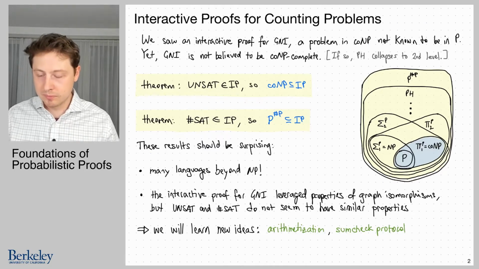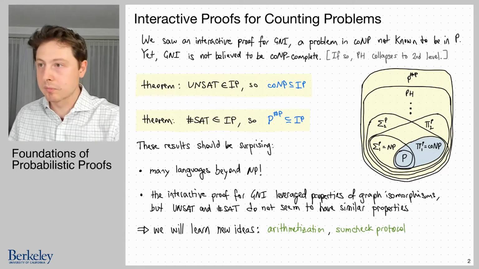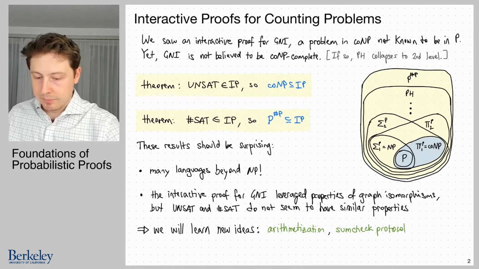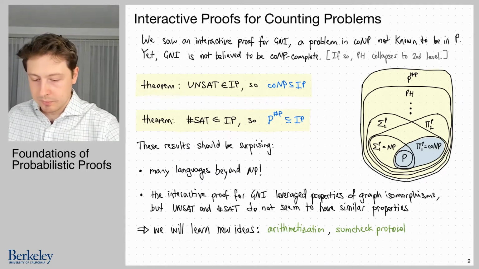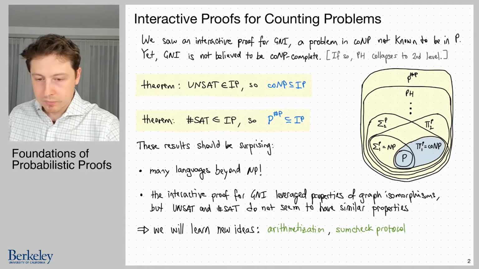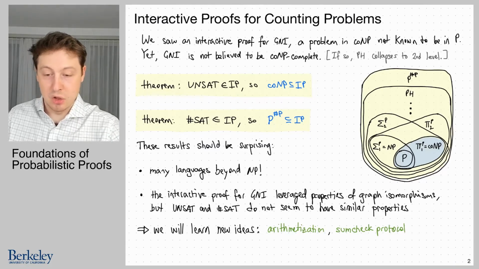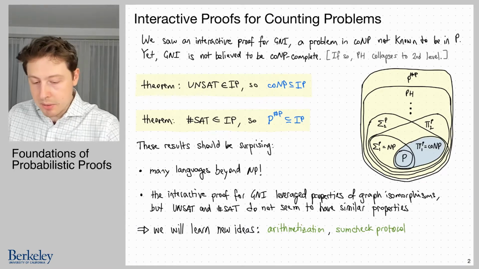Sorry, this is Chinmay. Why are you going through these middle proofs when you could just start with something like PSPACE contained in IP? Are these constant round proofs? This coNP and counting one, are they constant round? The question is, why are we looking at these theorems rather than just jumping all the way to the inclusion PSPACE contained in IP? The reason is that